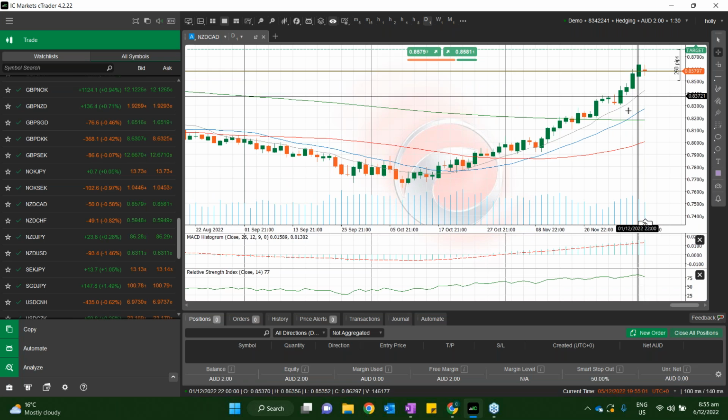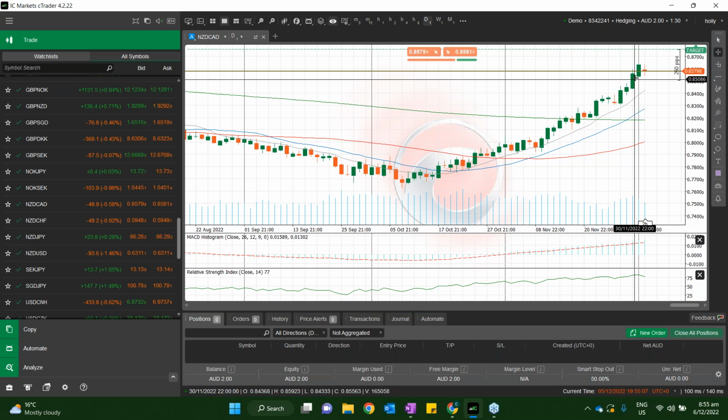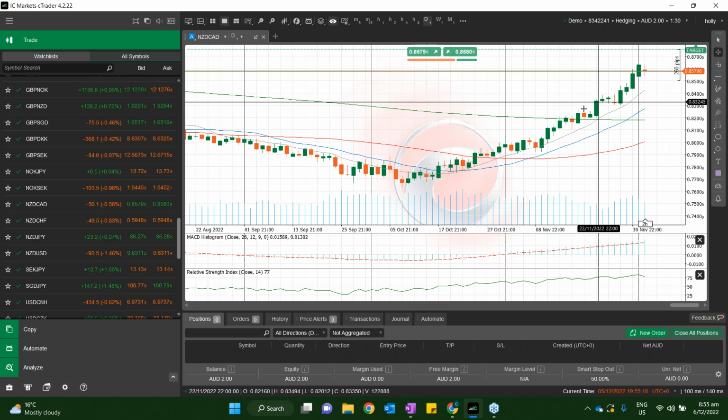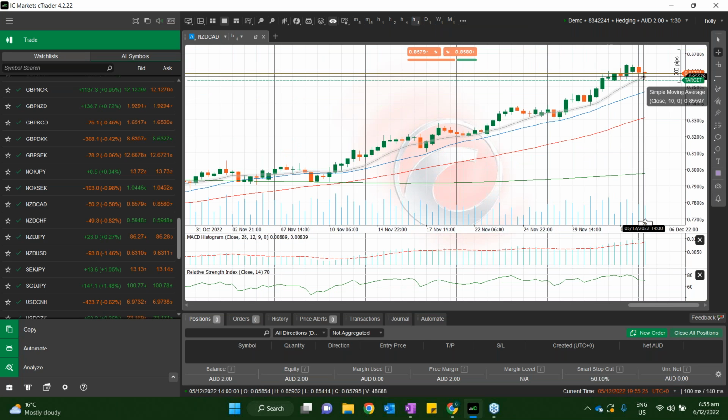It's a little bit overextended now, unfortunately, on the daily. So when you see on the daily you've got a really nice wave up, but you've now got a little bit of a bearish candle, an indecision candle. Now, a long way from the moving averages, further than it has been before. So that is not a good sign. So in other words, your 8 hour doesn't quite match with your